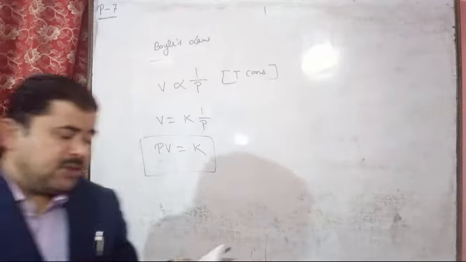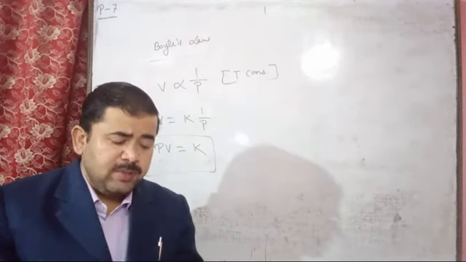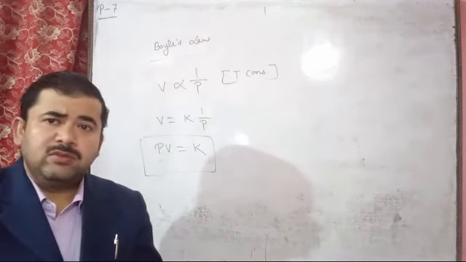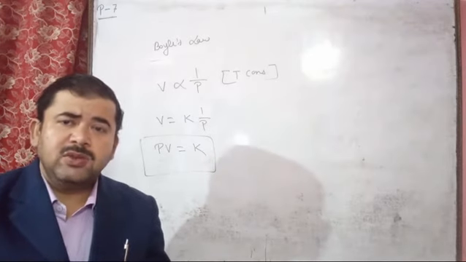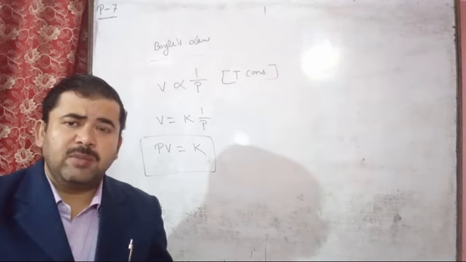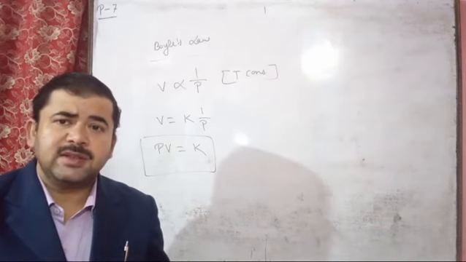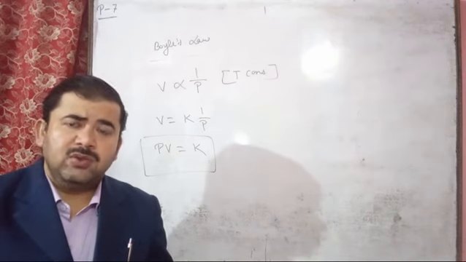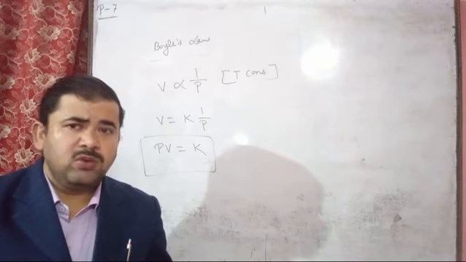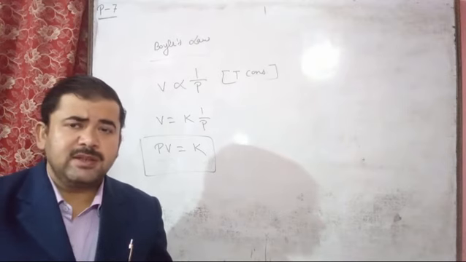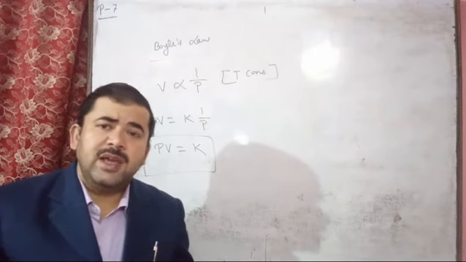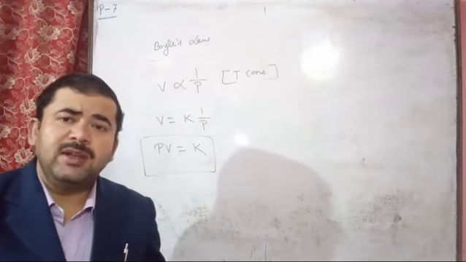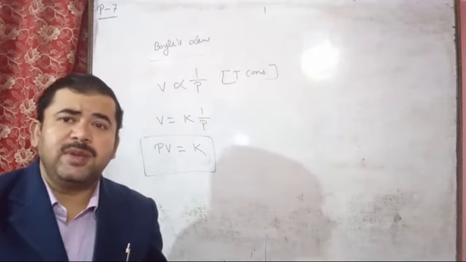Next, all temperatures on the Kelvin scale are in positive figures. I explained earlier by making the graph. So here gas exists up to minus 273 degrees Celsius. So from 0 to minus 273 degrees Celsius, these temperatures are given. And if we change these temperatures into Kelvin, then we will get positive figures.